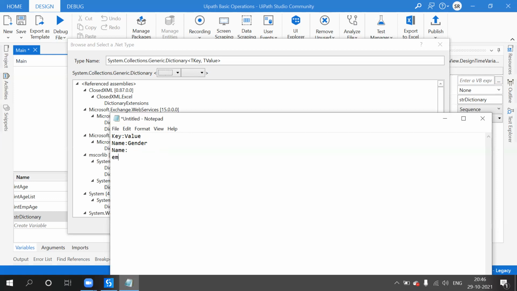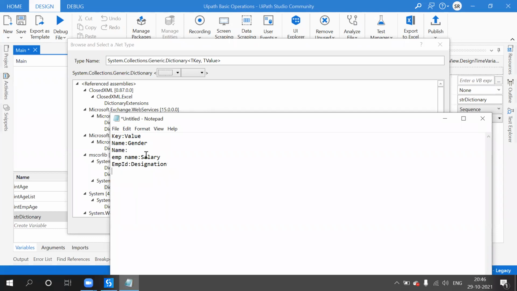Or employee name and salary, or employee ID and designation.